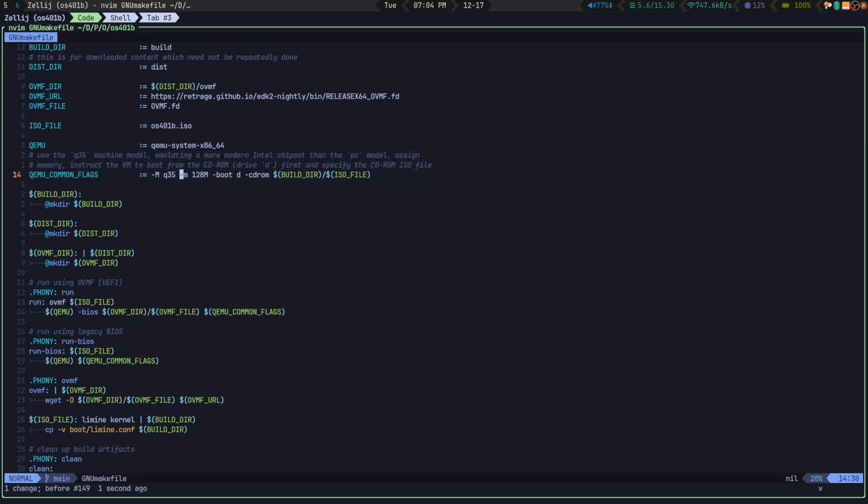We're giving it 128 megabytes of RAM, and here we're specifying that it should boot from the drive D, which is the CD-ROM, and here we're specifying the CD-ROM itself,